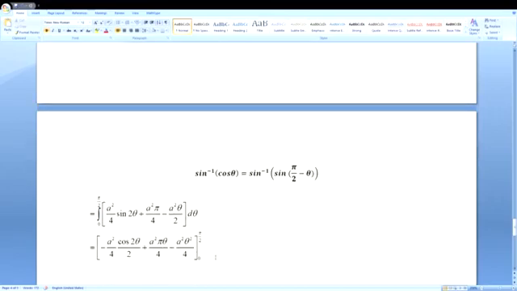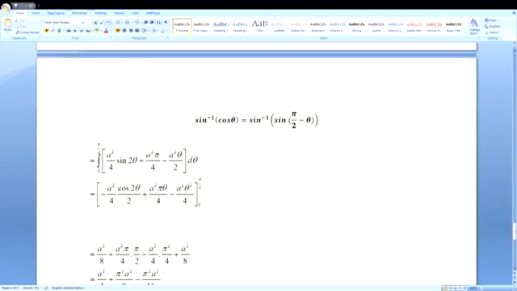Now integrating this we get a square by 2. For sin 2 theta the integration is minus cos 2 theta by 2. Then a square pi theta by 4 minus a square by 2. For theta it is theta square by 2, so it is theta square by 2 into 2, 4. Limit is 0 to pi by 2. We get cos 2 into pi by 2, cos pi is minus 1, so minus of minus becomes plus a square by 8. Then a square pi by 4 into, for theta, pi by 2, minus a square by 4 into theta square,